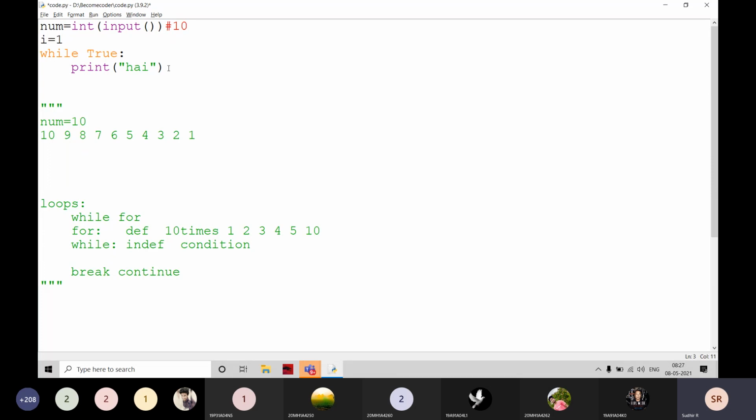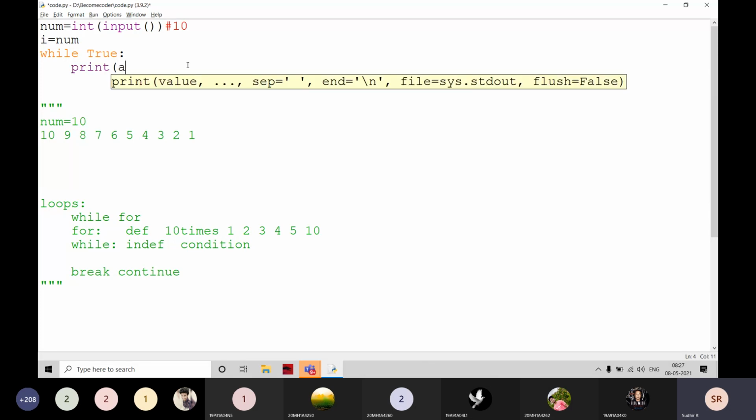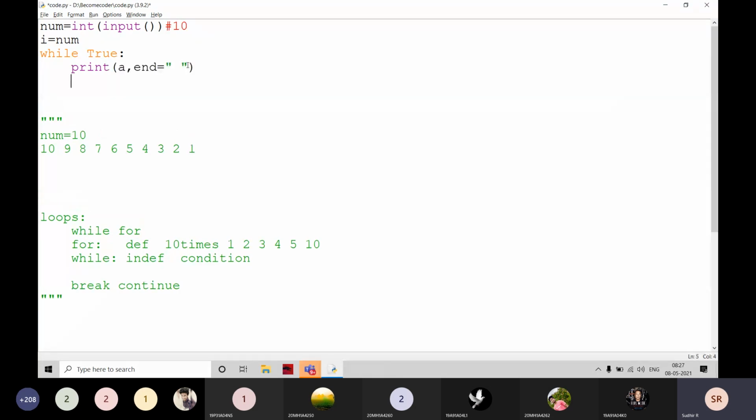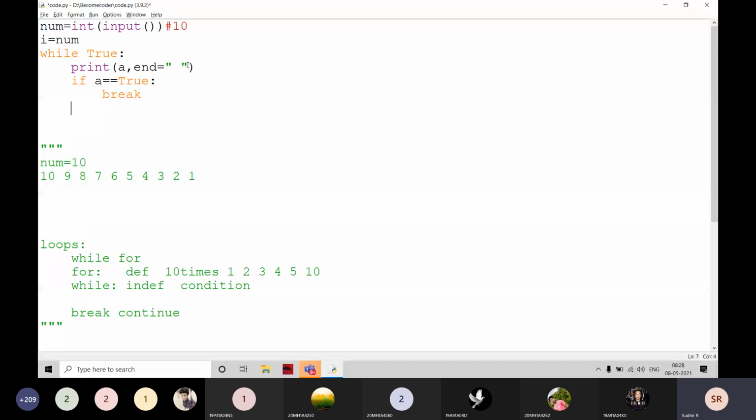I'm going to write it, just a minute. What you are sending is this one: print a, comma, end is equal to, like this, and if a is equal to true, then it is not a here.